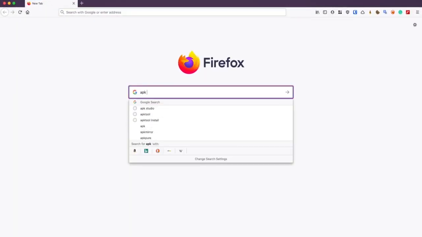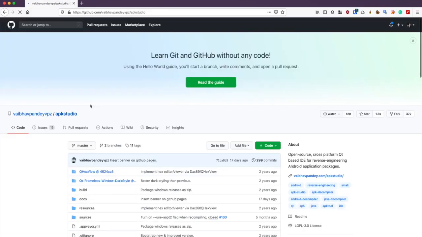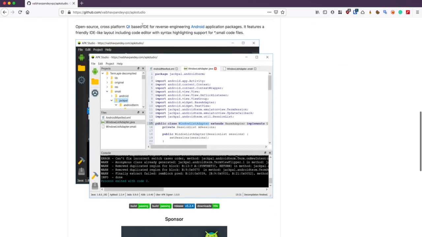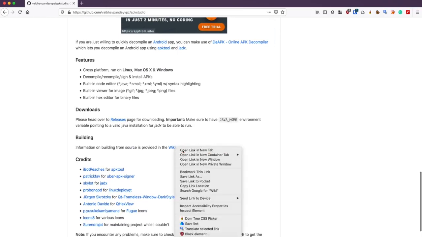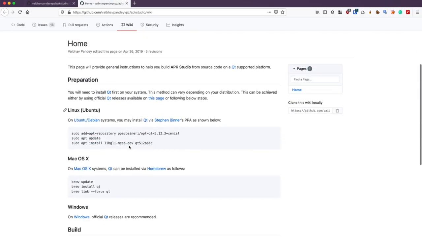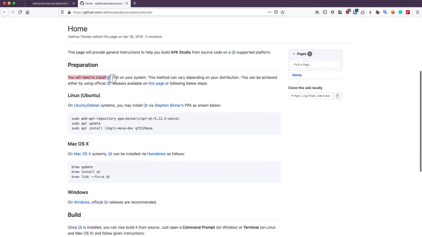So you know the drill. Open the browser, search for APK Studio, click on GitHub page. Now scroll down a bit, and this is the user interface. So we can download it from the releases page, but first, let's look at some information so that we know how to build it, and all of that information is right here on the wiki page. So we first need to install Qt. So we'll open the page,